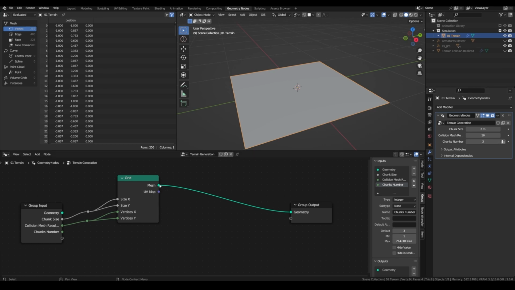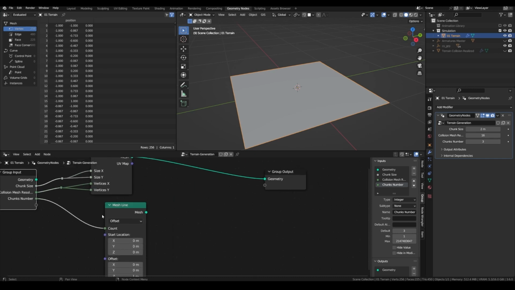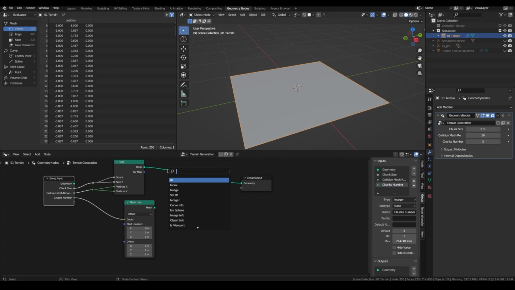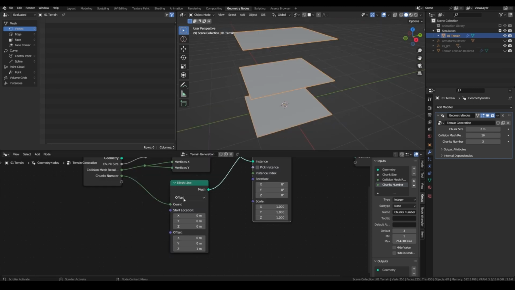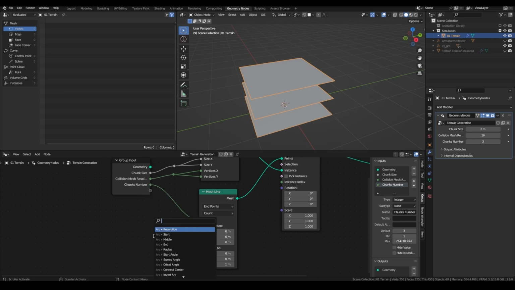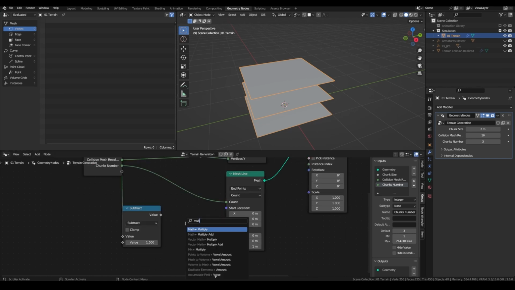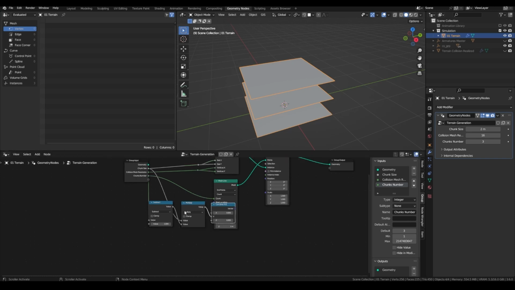To create the chunks, I will just instance my new grid object onto a mesh line, plug the count into chunk number, and add an instance on points node. Plug the mesh line into points, and mesh into instance. For the parameters of the chunk line, set the mode to endpoints, and compute chunks number minus 1 with a subtract node, multiply it by the chunk size, plug that into a combined XYZ node, under the Y input,